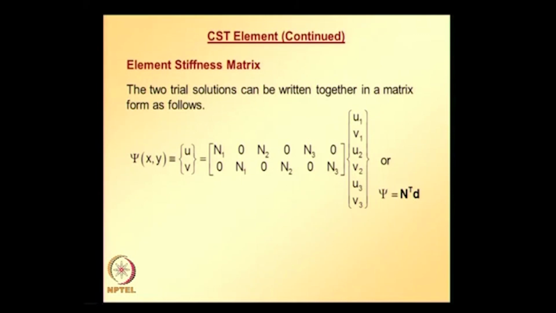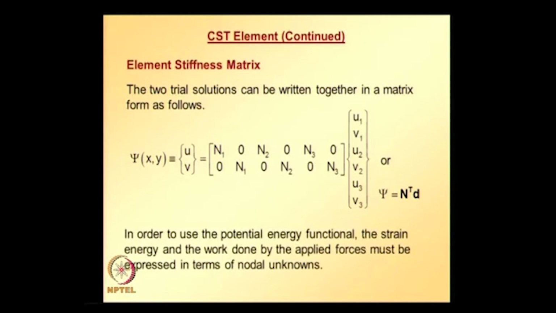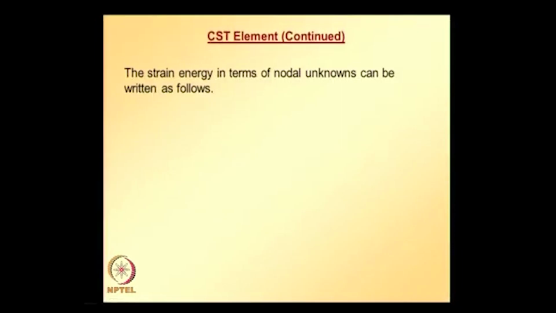But if you go back and see the strain energy equation U, it consists of strains. So, in order to use the potential energy functional, the strain energy and work done by the applied forces must be expressed in terms of displacements or in terms of nodal unknowns. Strain energy in terms of nodal unknowns can be written as follows. This is the strain energy definition, and